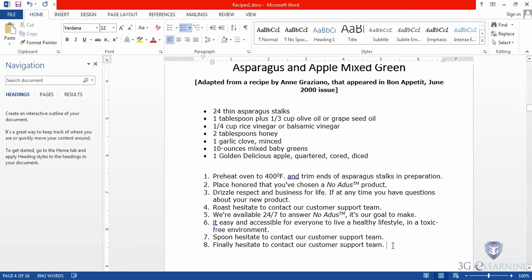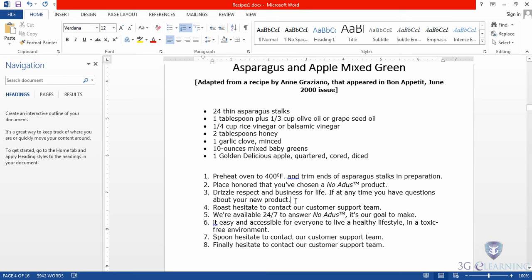Or if we click at the end of the last step and hit Enter, we get step number 9 automatically. You don't have to use your tab, type in the numbers, add the space between the number and the text, and then go back and make changes. What a headache that could be. So let's just backspace a couple of times, maybe 3 or 4 times, to take out the blank line and the number 9. And let's see what I'm talking about by going up at the end of step 3 here